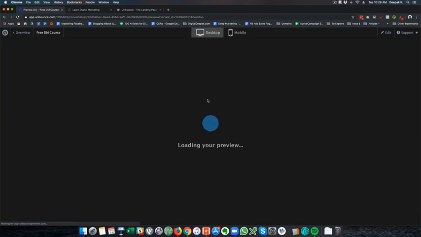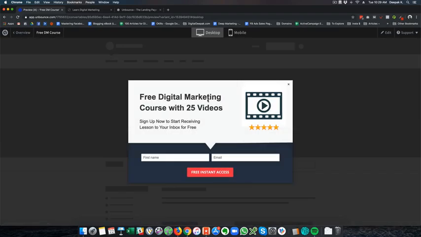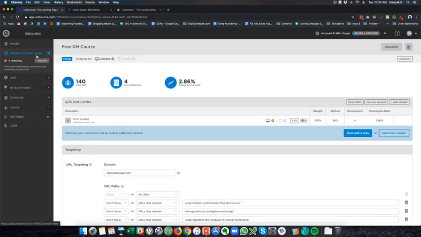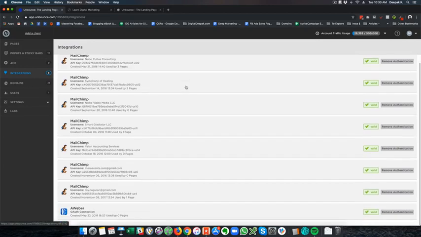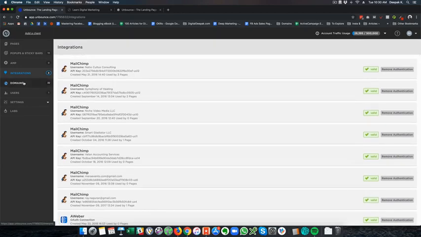So you are getting two tools with a subscription of a single tool. So I had created something like this, where this is like an exit pop-up, and you can put an exit intent on it, and you can start generating leads through pop-ups and sticky bars as well. So this is pop-up, and sticky bar is something that is displayed at the top of the screen, and you can add an opt-in form there as well. We have integrations. We have MailChimp, Aweber, and whatever integrations we want to do.